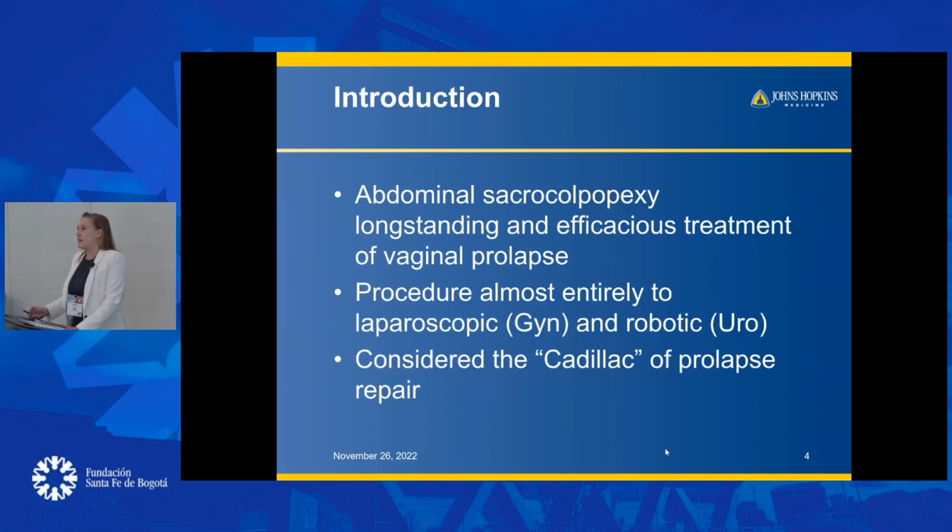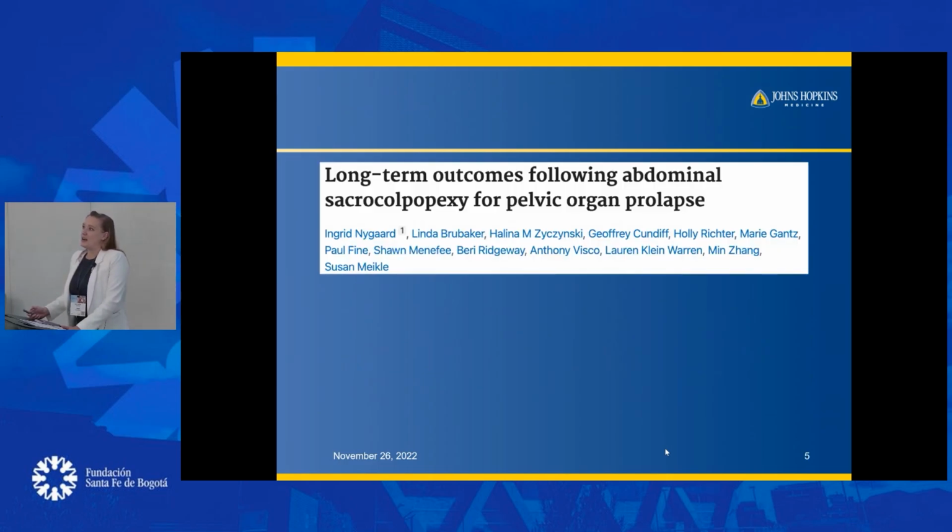So we know that abdominal sacrocolpopexy really is a wonderful treatment for pelvic organ prolapse. It's basically entirely done laparoscopic by our gynecology colleagues, robotically in urology. And we used to do it open, very morbid. We've really transitioned to the robotic approach. And I consider it the Cadillac of prolapse procedures. Now, interestingly enough,